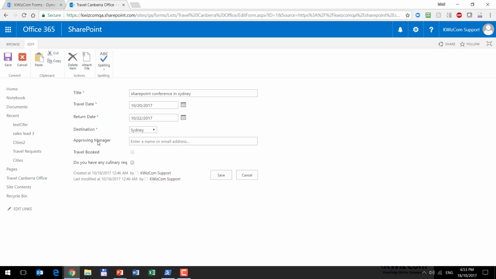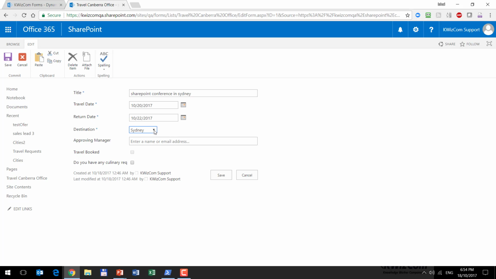And that culinary requirements field is currently a single line of text, but it could be a choice field, gluten-free, etc. Yep, exactly. You can make it. It doesn't matter what the field type is. It will disappear or appear based on the rules. So for example, if it was a choice field with say 6 or 7 values and you were tossing up between using a drop down or radio button, by hiding it when it's not required, you don't take up